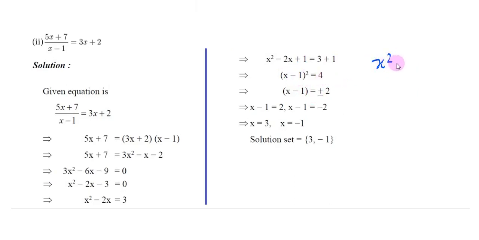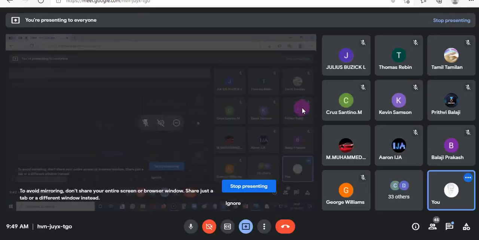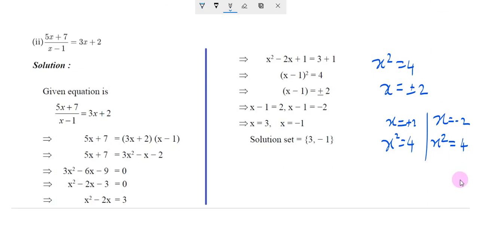So basically x square equal to 4 means x value we will take plus or minus 2, you know. How plus or minus 2? Now let us check it in reverse. So x equal to plus 2 means x square equal to plus 4. Am I right? Suppose x equal to minus 2 means x square equal to plus 4. So that we may take reverse. So in both cases x square equal to 4. So we may take x equal to plus or minus 2.